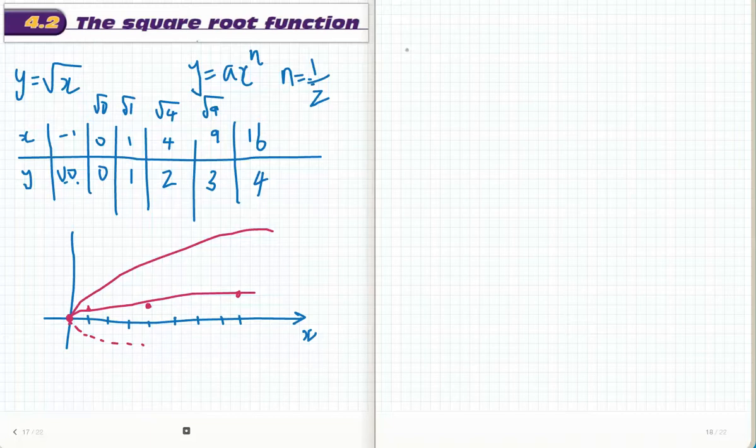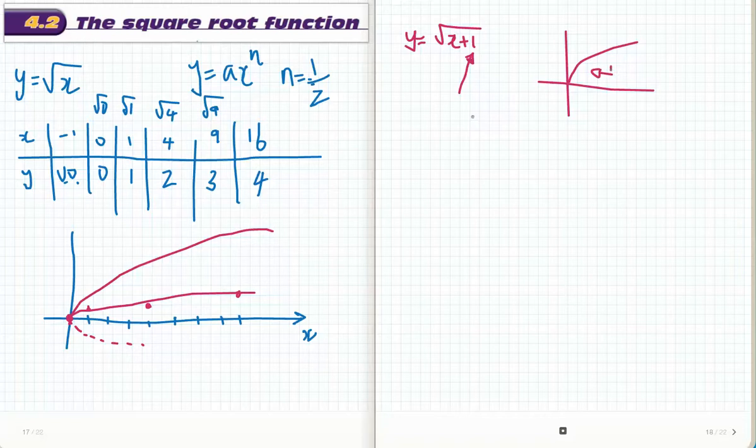So what would the general forms look like? Y equals the square root of x plus 1. This plus 1 moves the graph of y equals the square root of x 1 unit to the left. Therefore the graph will cut here at -1 and look like that, where if x equals 0, the square root of 1 is 1, so my y-intercept is